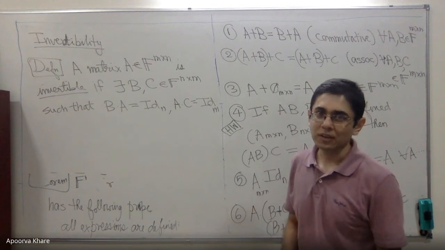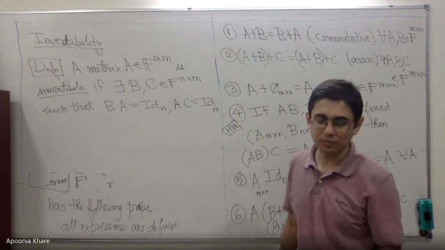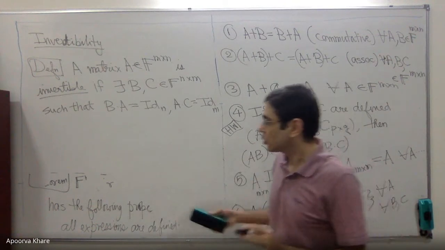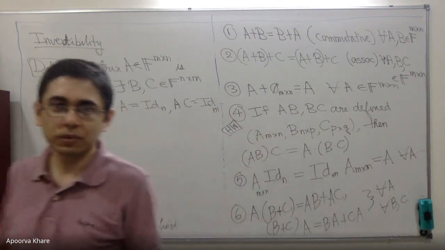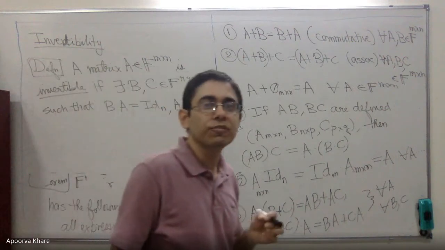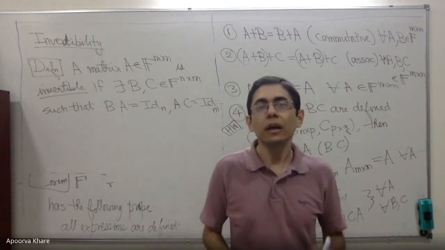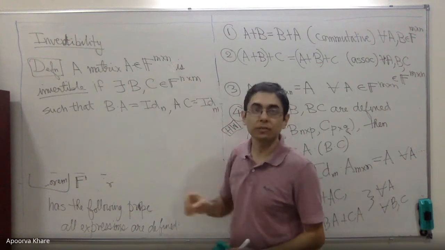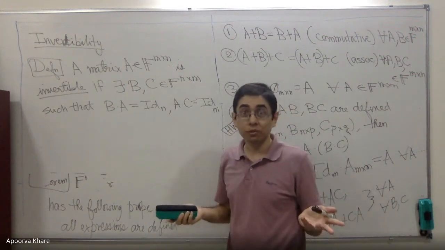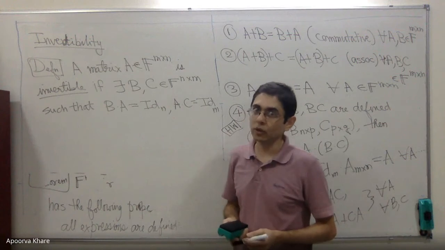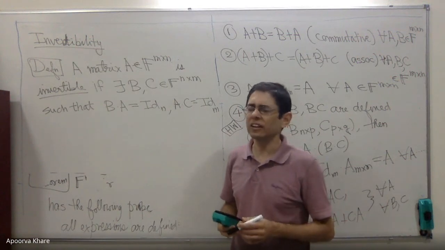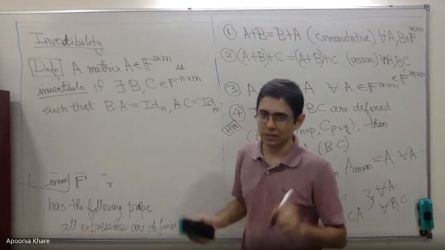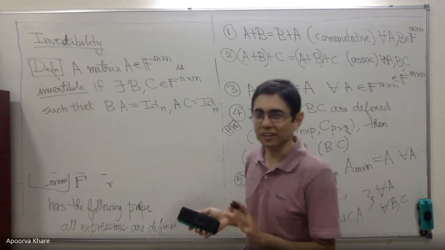Sounds a bit strange. We have never seen rectangular matrices being invertible, and of course, I'm going to immediately tell you that at least over real numbers, over rational numbers, over complex numbers, over any field of characteristic 0, if a matrix is invertible, then M must be equal to N. It must be square. But what about over finite fields? Can you have rectangular, invertible, but non-square matrices? We will see. For now, let's just talk about characteristic 0.